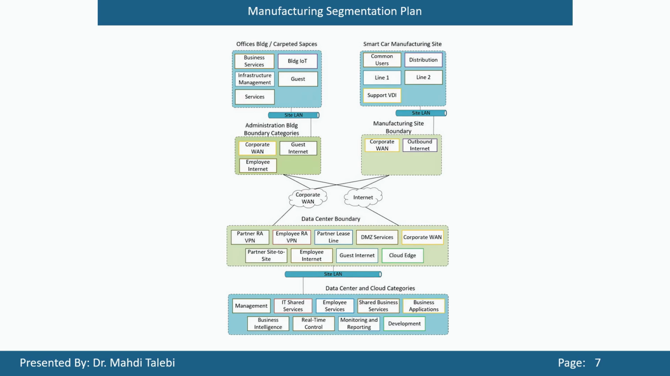Each zone is further categorized to tailor specific access controls and security measures suitable to its unique risk profile and operation needs. For example, business services and IoT in office buildings require distinct access management compared to line operations in manufacturing sites, where resource access needs streamlined control for efficiency and security. Moreover, cross-boundary access, such as corporate WAN and internet access, is managed to ensure secure connectivity while maintaining functionality across